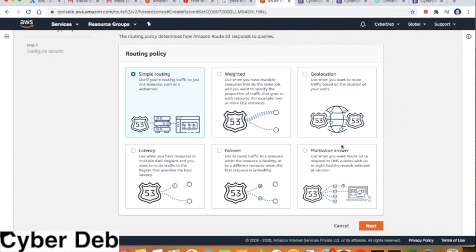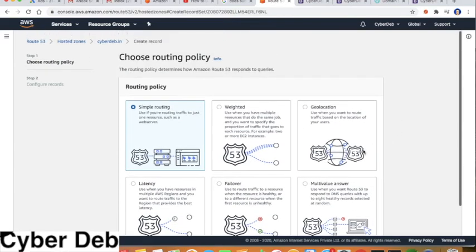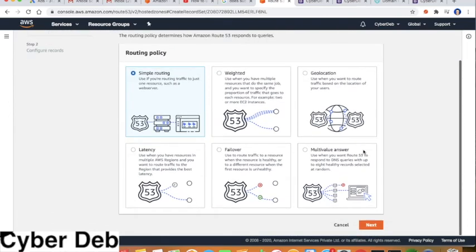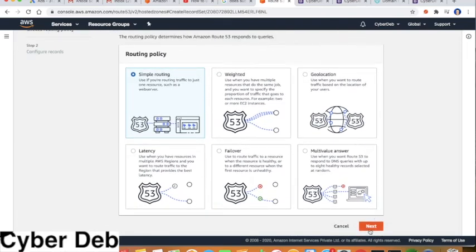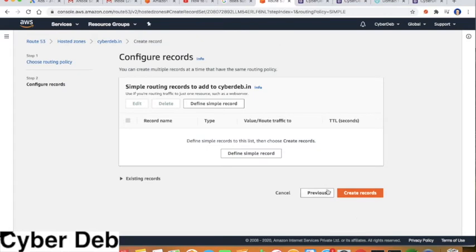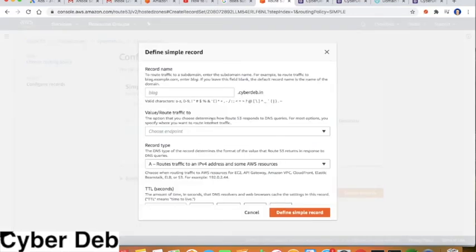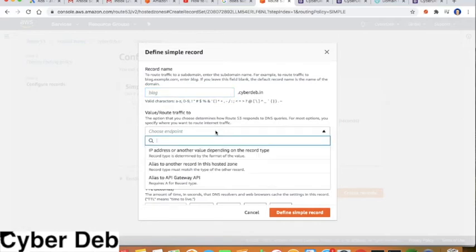So click on create record, then click on next, then define a simple record. Then nothing you have to put in the first text field, because we don't need any subdomain, we need the entire domain.